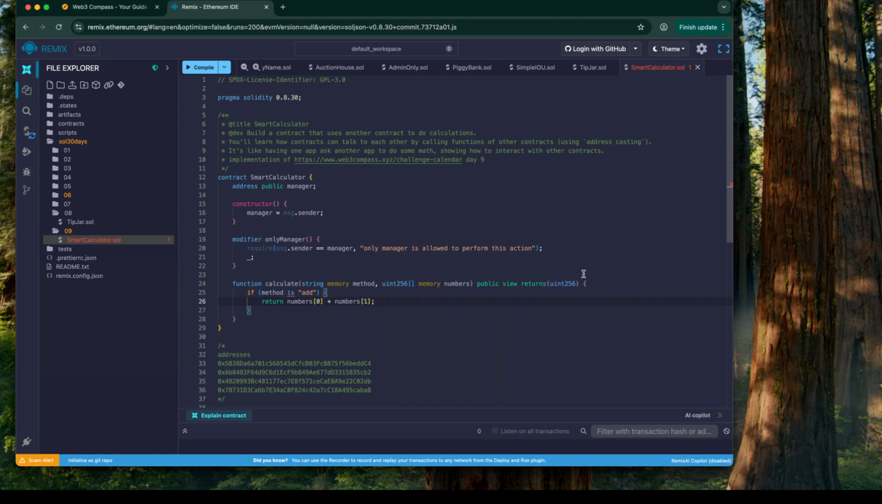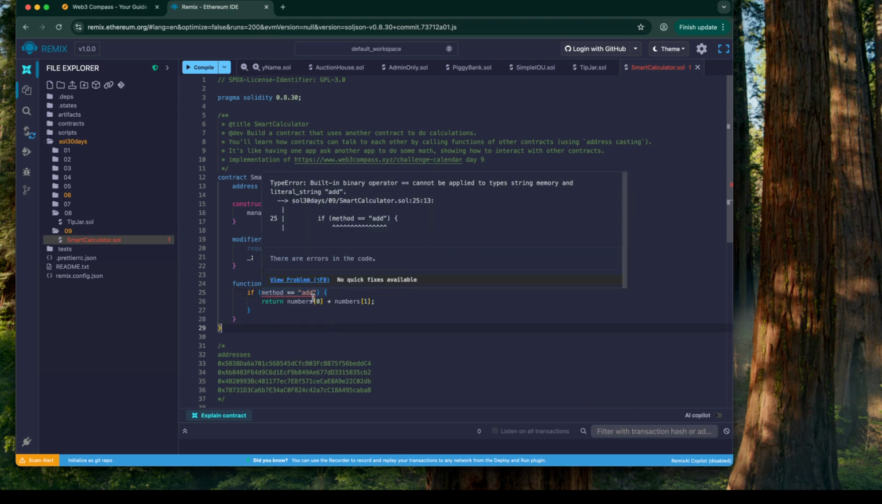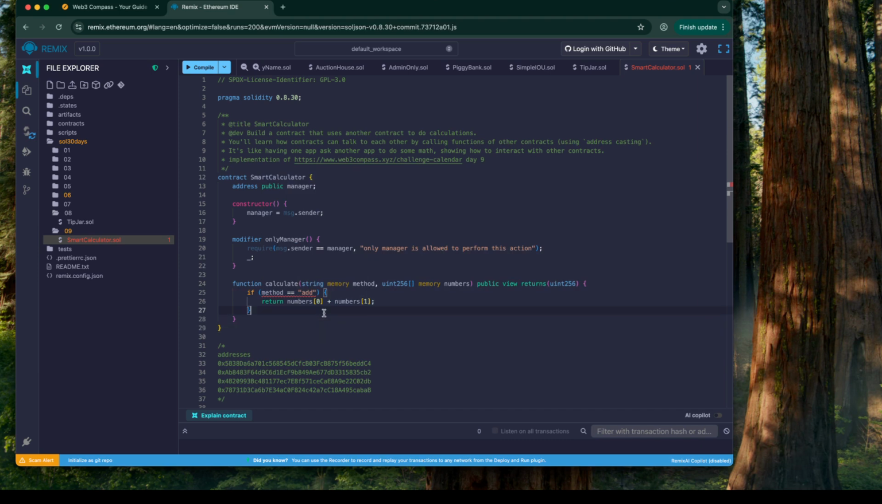Now, this is not going to work for a couple of reasons. You can't compare strings inside of Solidity like this, right? You can't use equals either. It doesn't work because Solidity doesn't have that operator. But this is basically the idea. Like we'll have a bunch of if statements